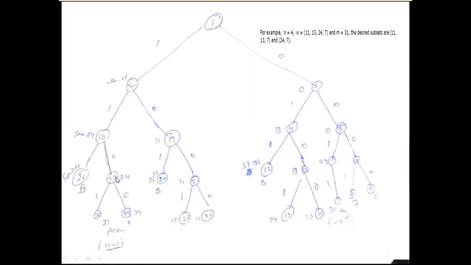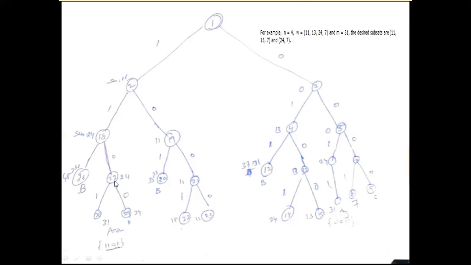So go backtracking, back to the 27th node. The 27th node generates another child, the 29th node. The 29th node represents x4 not included in the sum. Only the first two elements are included in the sum, so 1100 means the first two elements are included. So 24 does not satisfy the criteria function.